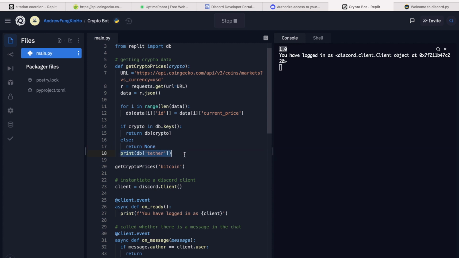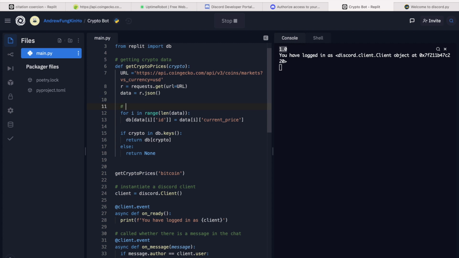Okay, so we won't be needing this, and let's leave a comment which is putting cryptocurrencies and the prices in db. Okay, so this should hopefully get the price for Bitcoin.